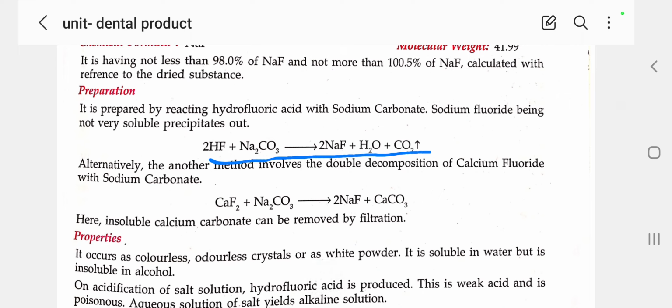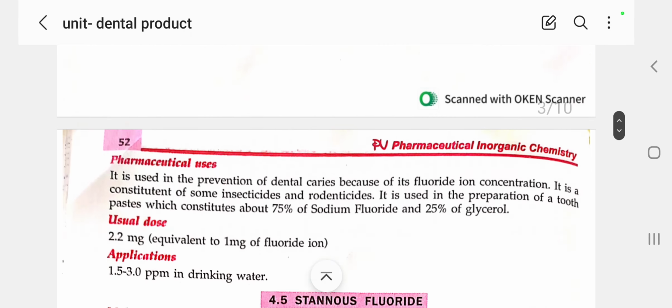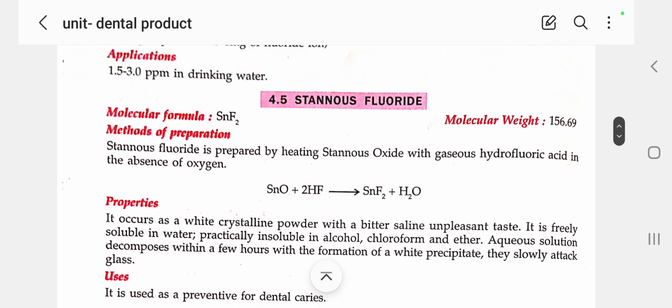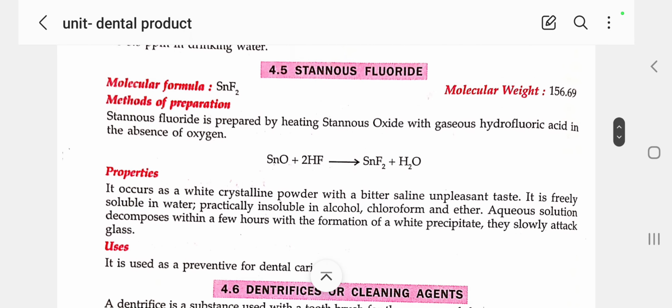So there is a formation of sodium fluoride, followed by removal of carbon dioxide and water. And another method: calcium fluoride can be treated with sodium carbonate. So sodium fluoride is formed, and the insoluble calcium carbonate can be removed by filtration. But in the case of stannous fluoride, when stannous oxide is treated with hydrofluoric acid, there is formation of stannous fluoride